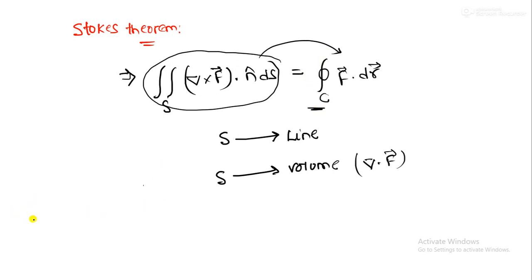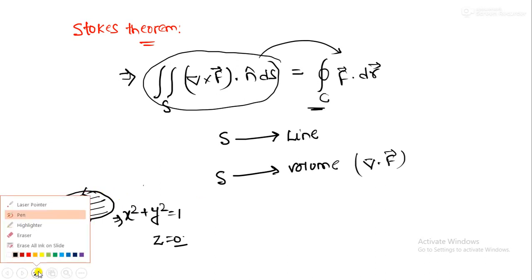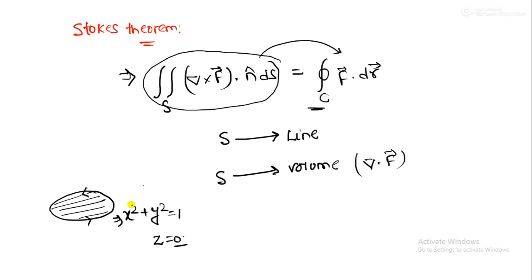Okay, now what is the plane in which the surface is placed? It is the xy plane, with radius equal to 1, that is a circular plane. We have x² + y² = 1, keeping z = 0. It will lie on the xy plane, and here I am taking z = 0. Now C is a curve lying in the xy plane, so z = 0.